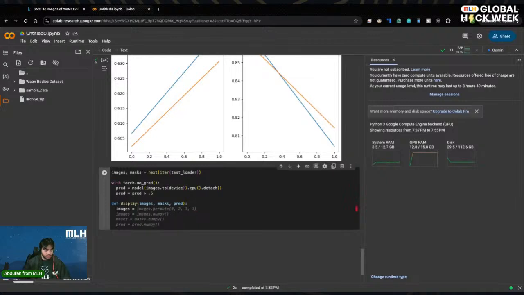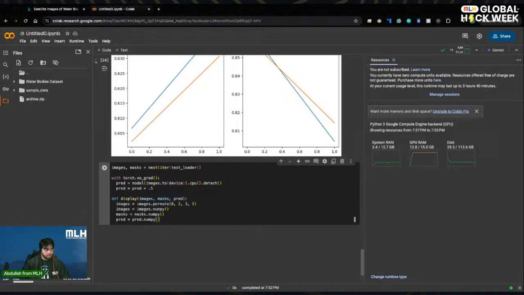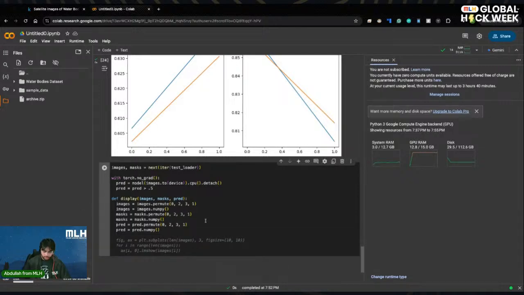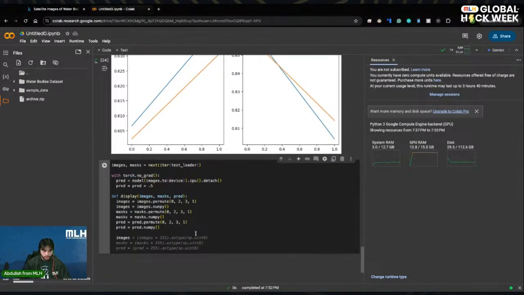Equals images.permute 0, 2, 3, 1. And then images.numpy, masks equals masks.permute zero, 2, 3, 1. And then same thing with the predictions: 0, 2, 3, 1. There we go. And then images. Again, this is just to actually take a look at what we are trying to do, numpy